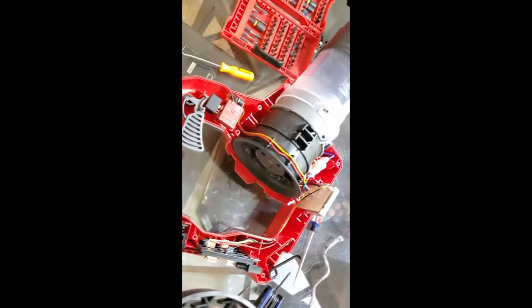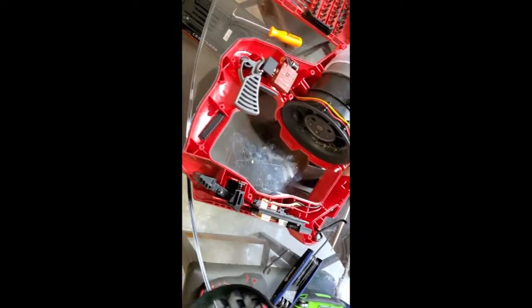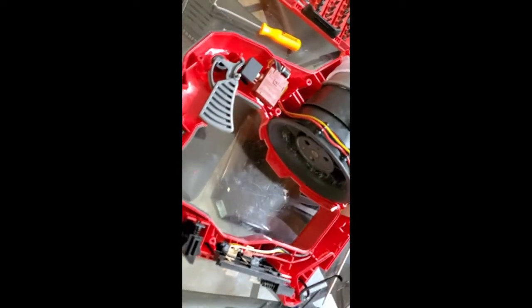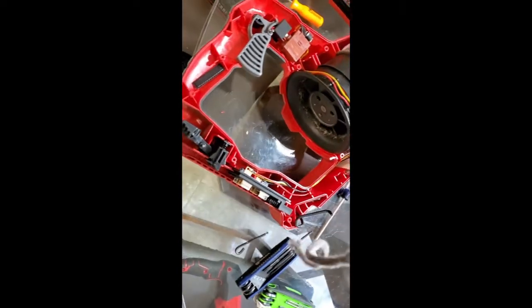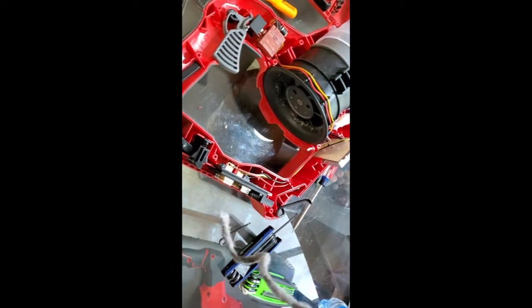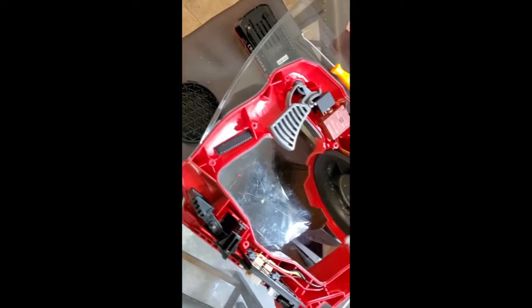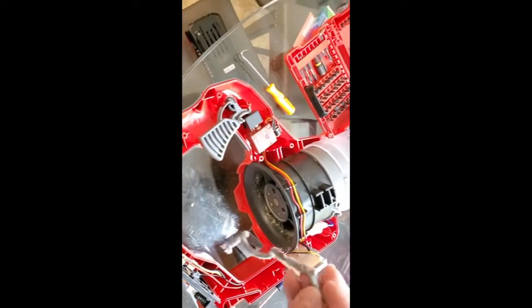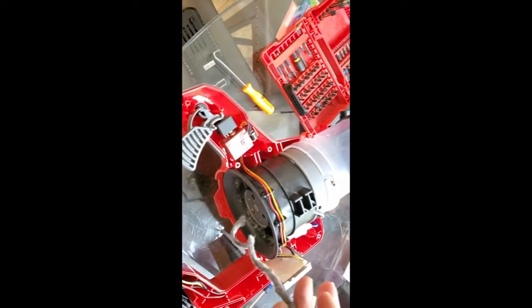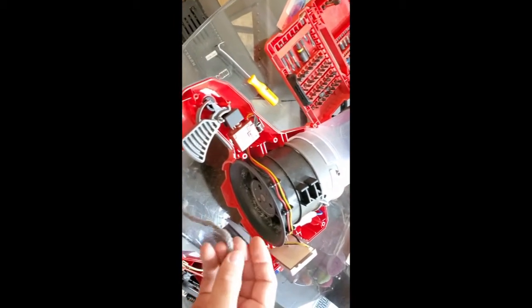So anyhow, I'm going to put this all back together now, hopefully as easy as it came apart, and we'll have had a successful repair. Because what happened was, this little string from my wife's jogging pants just happened to get sucked up into this, and when it did, it got wrapped around the motor a couple times, and we were unable to get it out until I was able to cut the string off the pants and then open it up. And as soon as I opened it up, I grabbed a hold of the knot there and pulled, and voila,